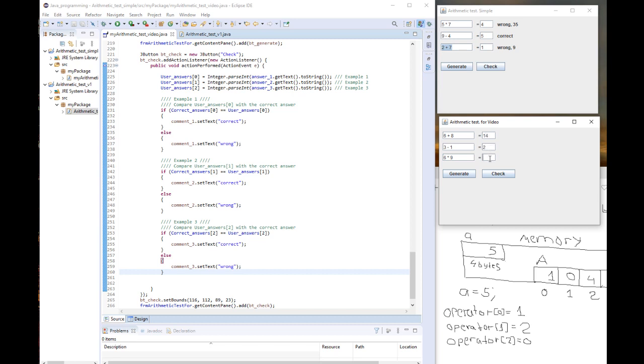15, 2, check. Correct, correct, wrong. Okay. Nice. Oh, check, correct. So it works. The next thing that will be important to add: see when it is wrong, my application is also